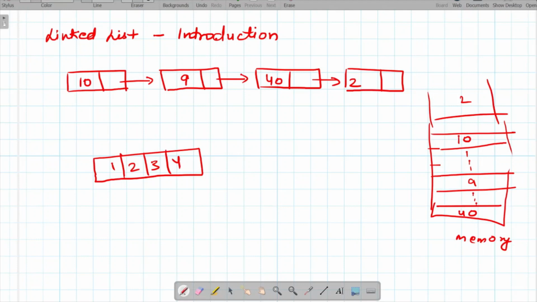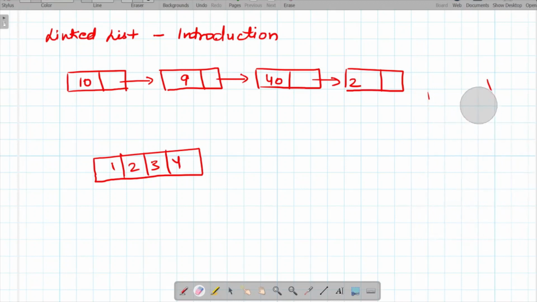Now the operations that we have in arrays are costly, because for example, if we need to perform insertion at the middle of a linked list, then it can be done easily. Why? Suppose I have to insert an element 5 between 9 and 40. Between these two nodes, what we need to do is just allocate a new memory for a single node, and we just have to change the pointers for these nodes. So this will be pointing to this, and this will be pointing to this,